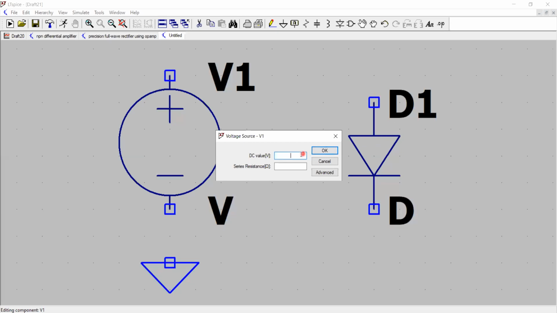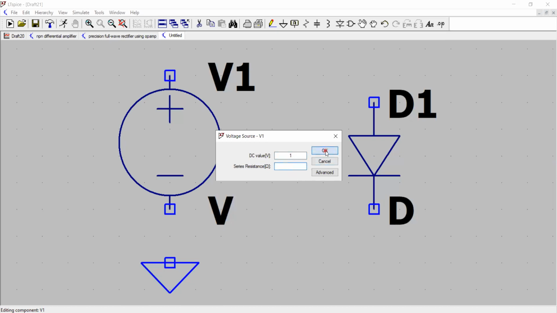So let's do that. If I assume it is germanium diode or silicon diode, so obviously I will choose a voltage greater than the forward voltage drop of either of the diodes. I assume I have series resistance of the practical voltage source, but I don't mention here, assuming it's an ideal